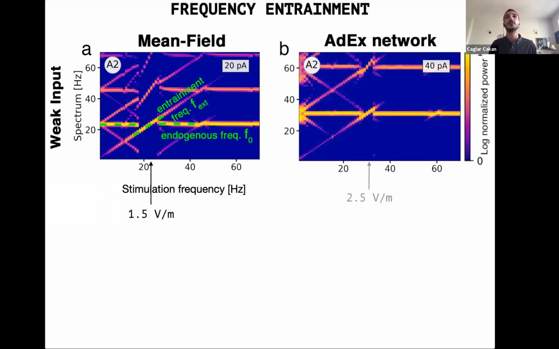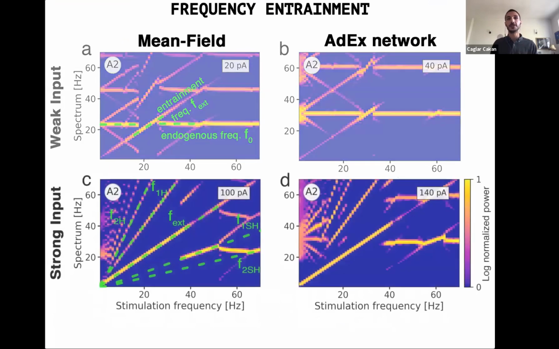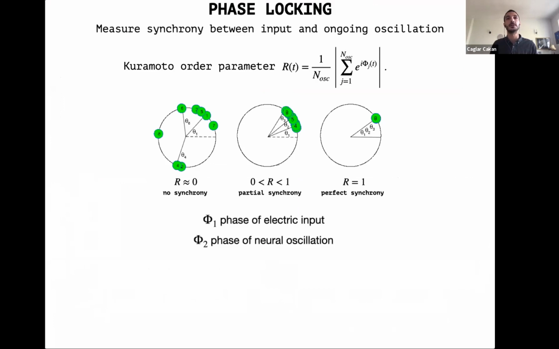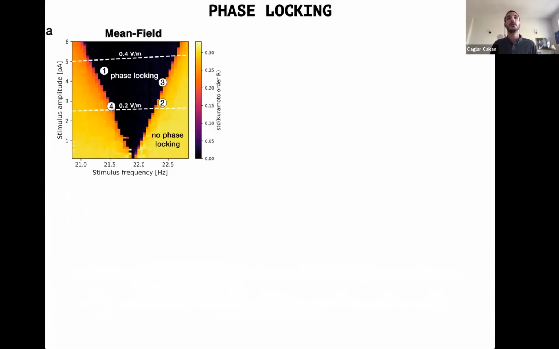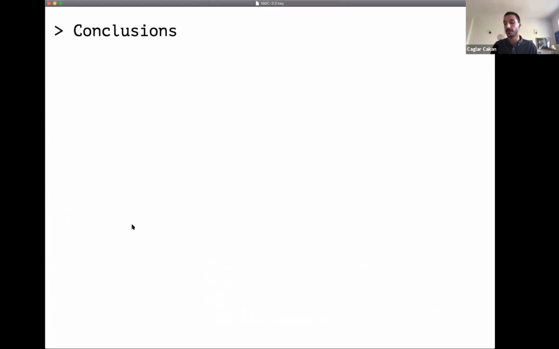We also did the same for the AdEx network, which is a slightly higher frequency as well. So I'm a little bit out of time. We also did the same with higher frequencies, and you can see all sorts of interactions of frequencies going on here. And so we measured frequency entrainment and measured also the field strengths. We also measured phase locking, because this is important for stimulation experiments. And what I can tell you is that phase locking also works in this population model with much lower electrical